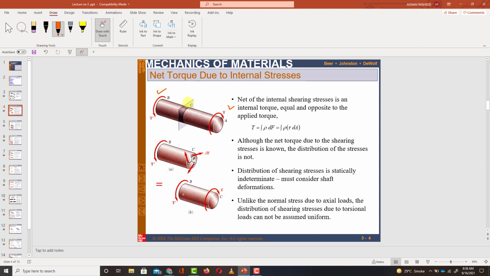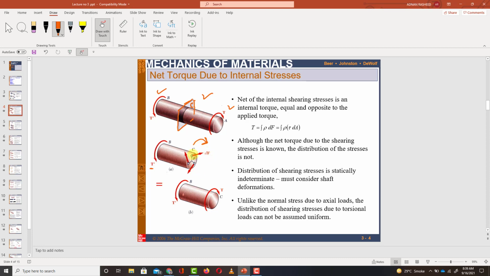Clear? So we take out a section at point C, in order to find the internal stresses created in this shaft due to this torsion. Clear? So we take a section at point C. When you section this shaft at point C, it will be like this. Point B will have the same torque T dash, while point C will also have a reaction torque, but we want to show that this torque is due to the internal forces that are created in the shaft.